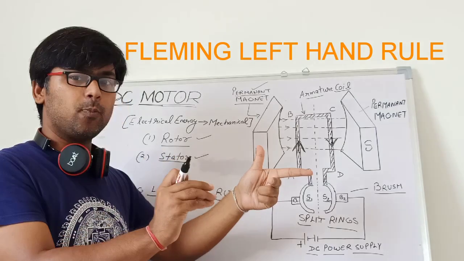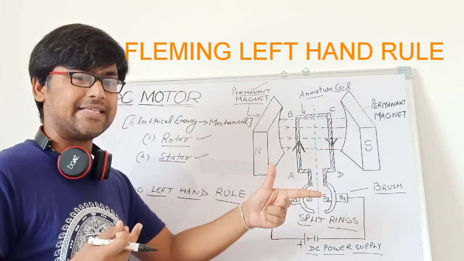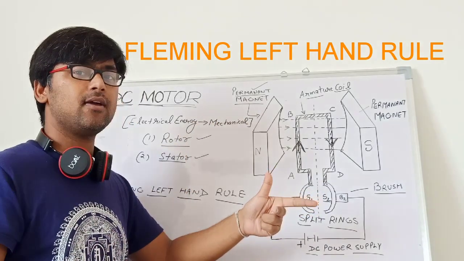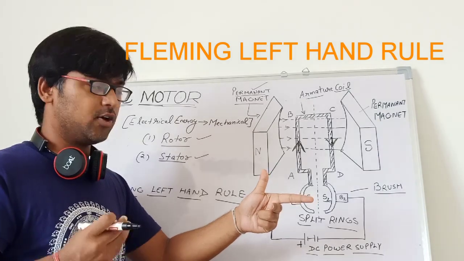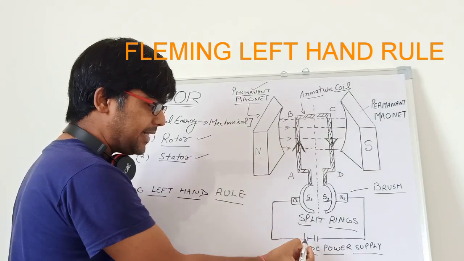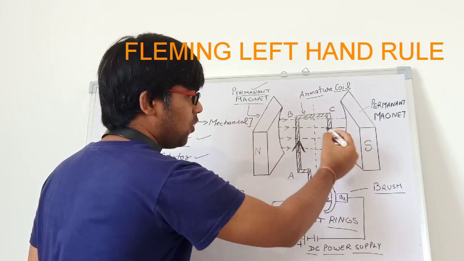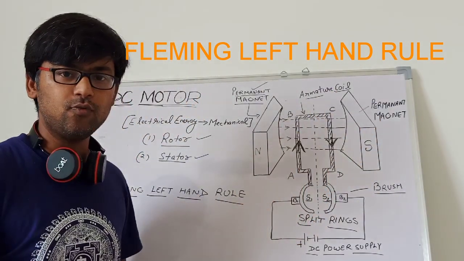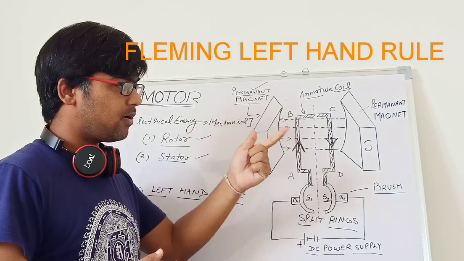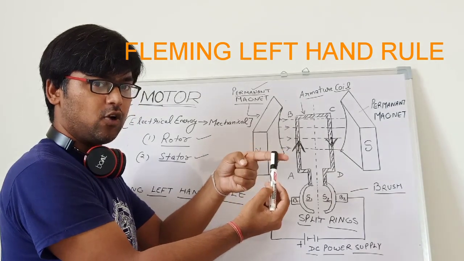Clear? Now I am going to apply this on this figure to find the direction of force. Whether this motor will rotate clockwise or anti-clockwise will be given by Fleming's left hand rule. Clear? Now in this diagram you can see that current is flowing from the positive side toward this side. This is the direction of magnetic lines of force. Now I am going to apply Fleming's rule. So my forefinger or index finger will indicate the direction of the magnetic field.